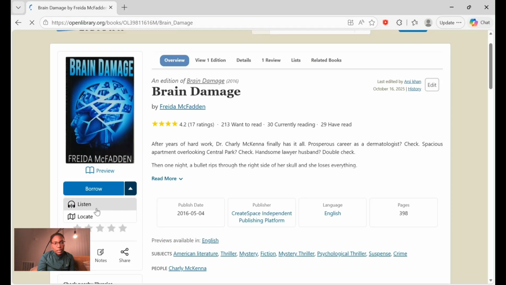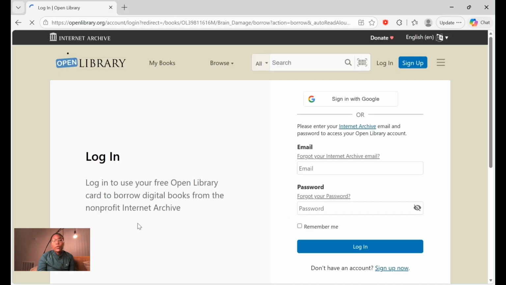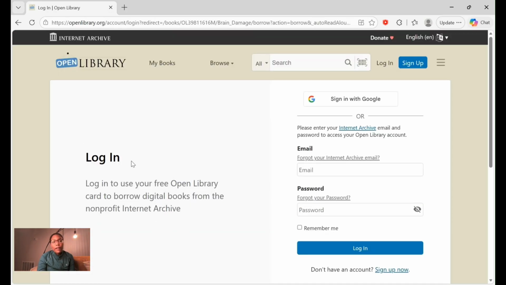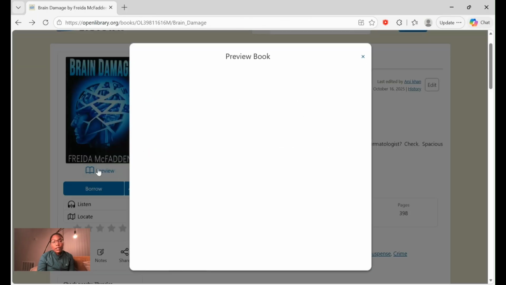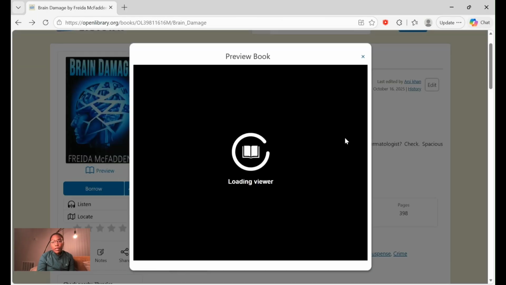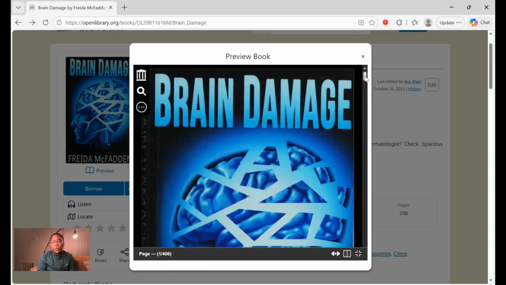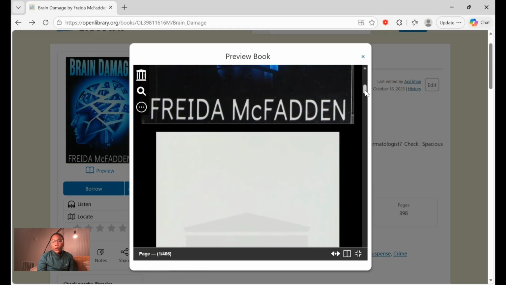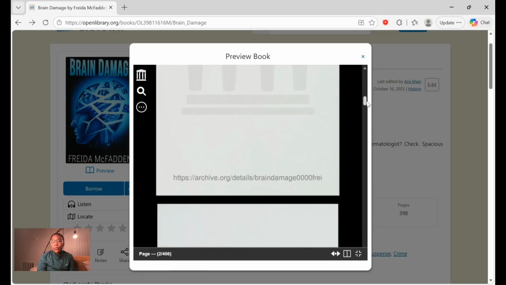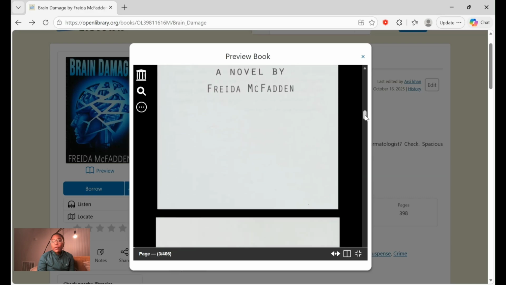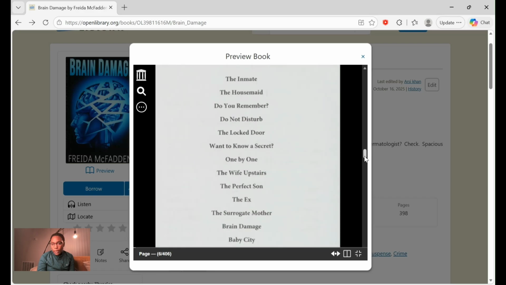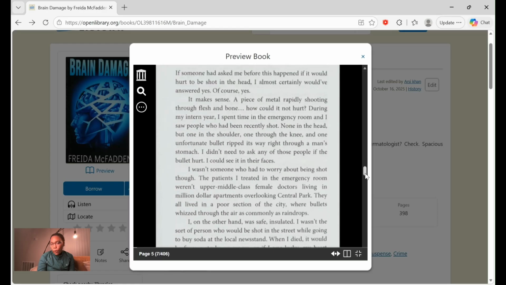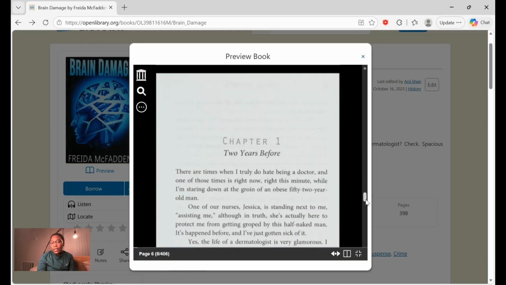If we wanted to listen to it, then we would need to have our account set up. But that is awesome that is an option. And then we could preview the book much the way that you would preview a book on like Google. So again, these books have been transcribed. So when you read them as ebooks, it will be a digitized format in terms of the quality of the